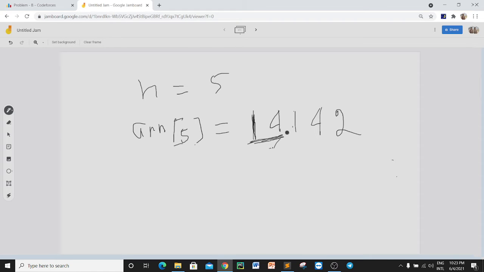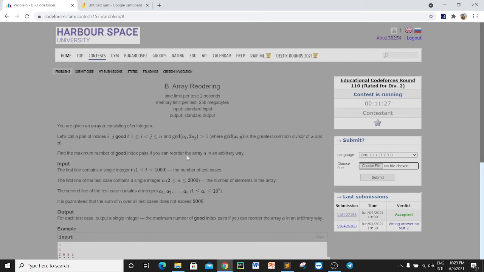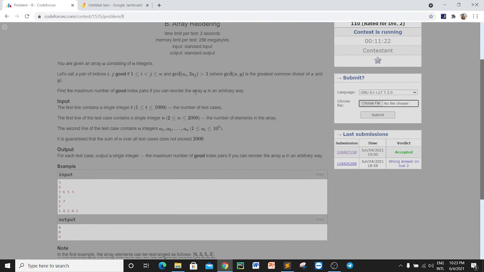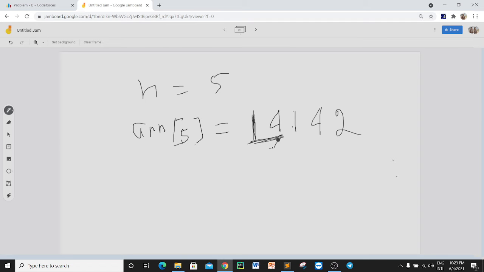At first I take the array and arrange it in descending order, because according to the question I can reorder the array in an arbitrary way. That means I can reorder the array by my wish. So I can reorder the array in descending order. So the array is,